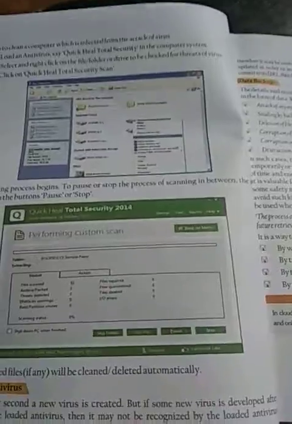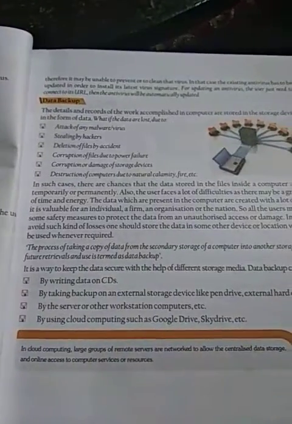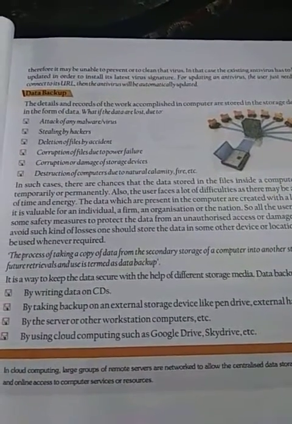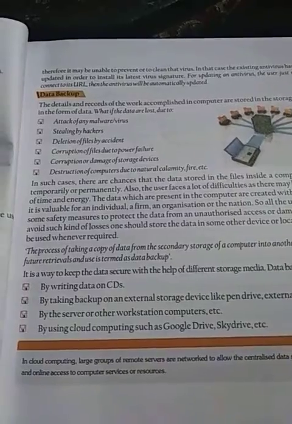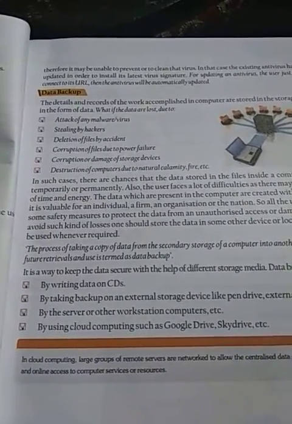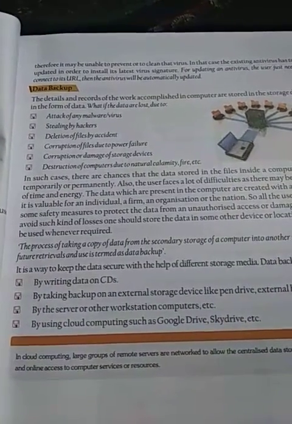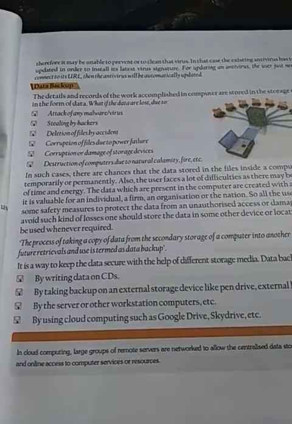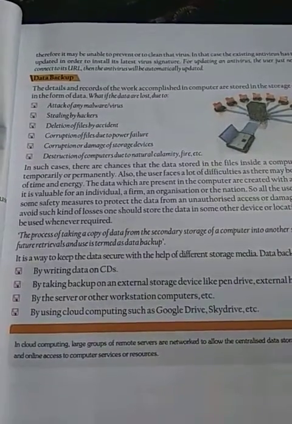So whenever you load your antivirus and there is a request to update your antivirus, please update so that any new virus which enters your system gets cleaned.